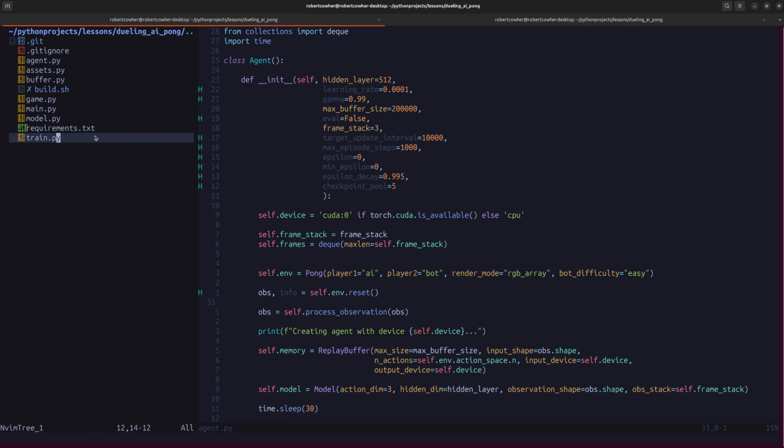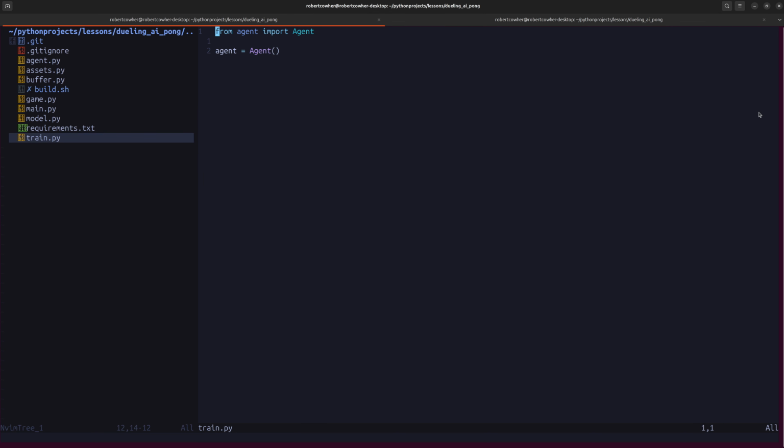To begin with, we are actually going to go to train.py and get a little bit of housekeeping set up here. One of the things that you want to be able to do is change different variables throughout the process. So you want to set those variables in the calling script. You don't want to set them in your final class. So let's go ahead and